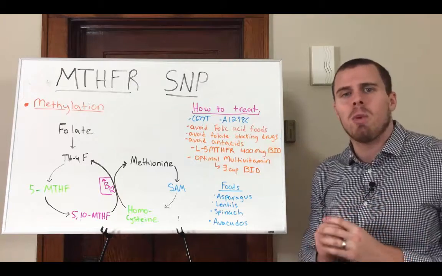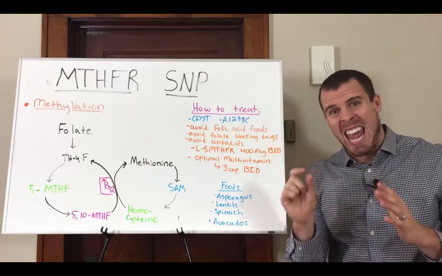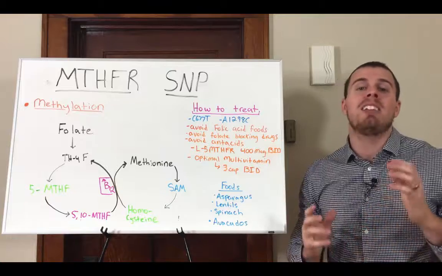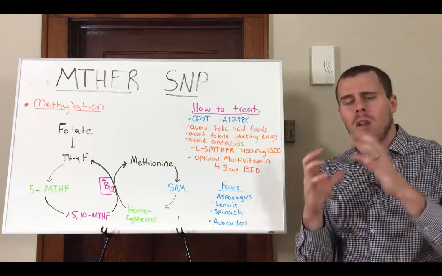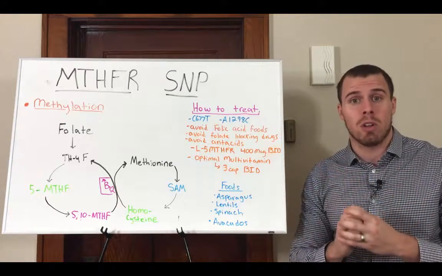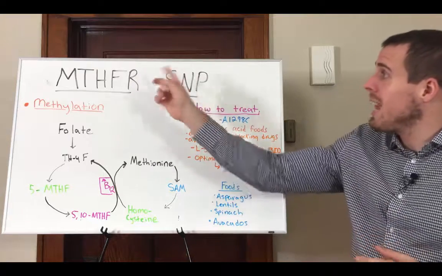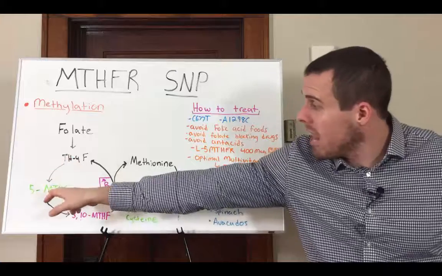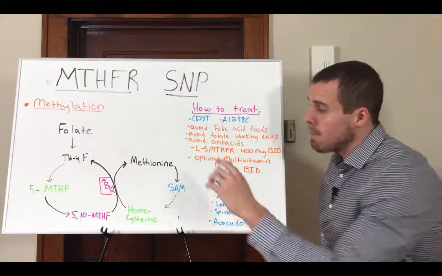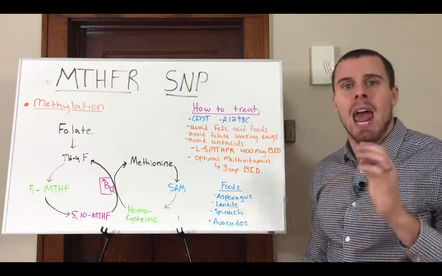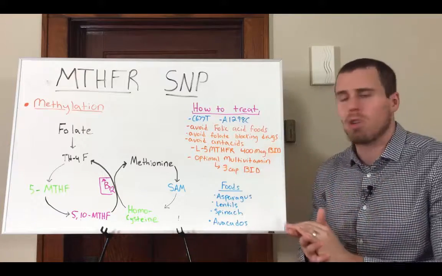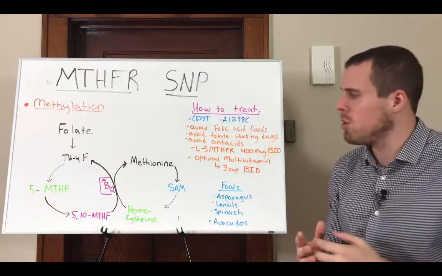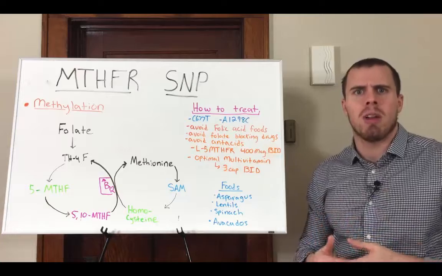So whenever we have the word ACE or the ASE at the end of a word, that means enzyme. So it's going to take a larger molecule and break it down into a smaller one. So we'll take the MTHFR and add it right here to the cycle, where it's going to take the 5-MTHF and break it into the 5,10-MTHF. So this is a crucial step because now we can produce precursors that are going to be able to